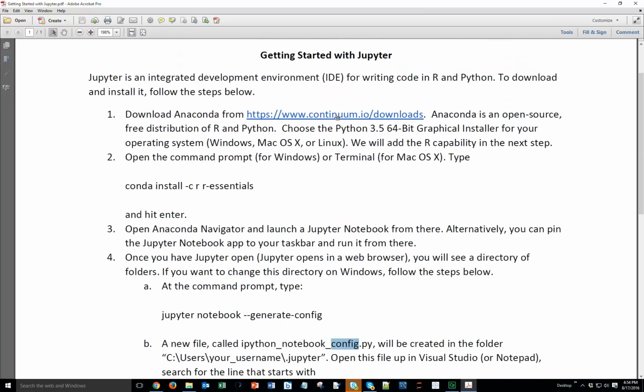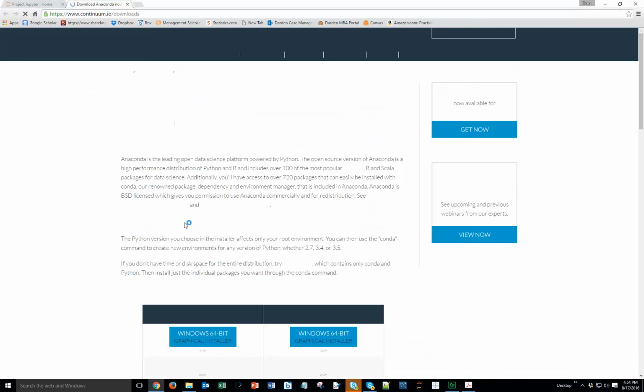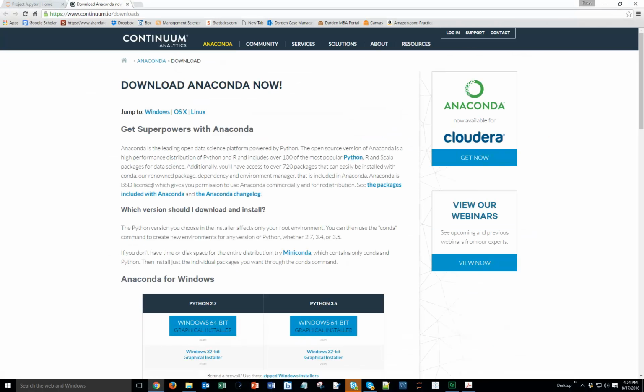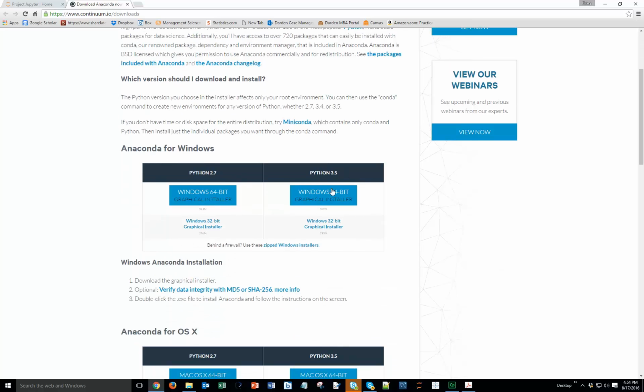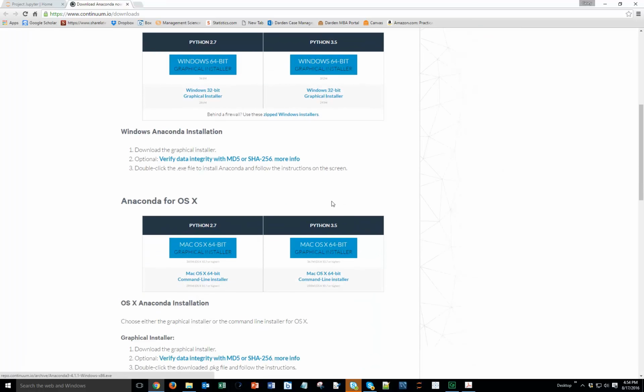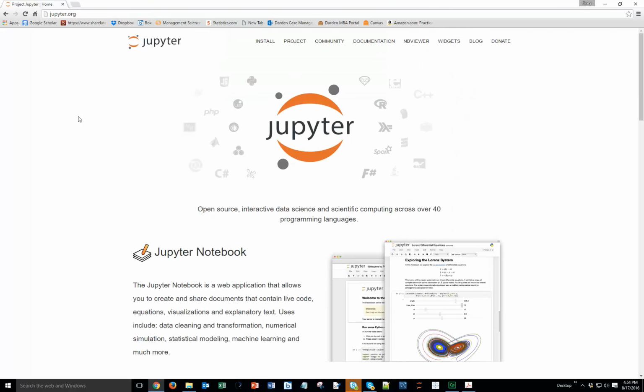First you go to Continuum Analytics, clicking on this link. We open up here and we're downloading Anaconda, the Python 3.5, this Windows 64-bit graphical installer, or if you're on a Mac, you're installing this one here. Okay, so once you get those downloaded and installed,